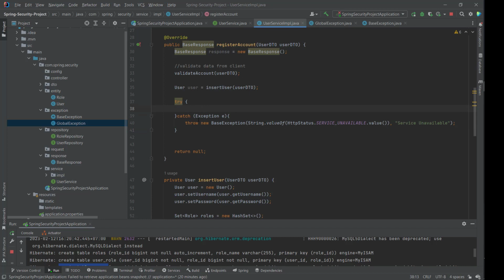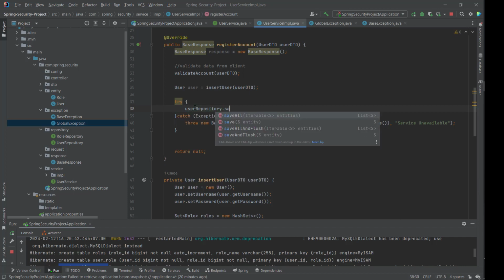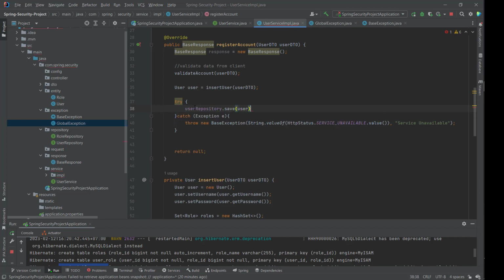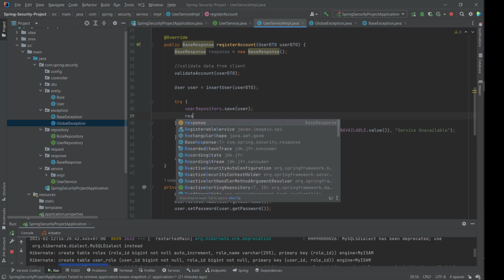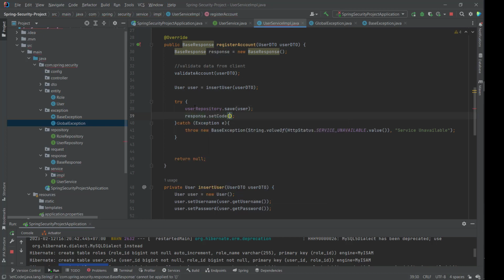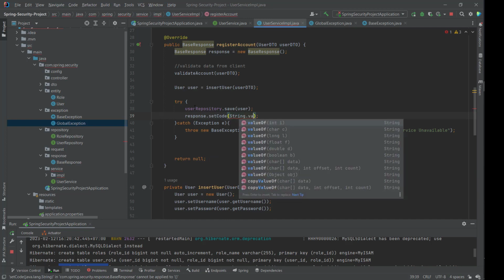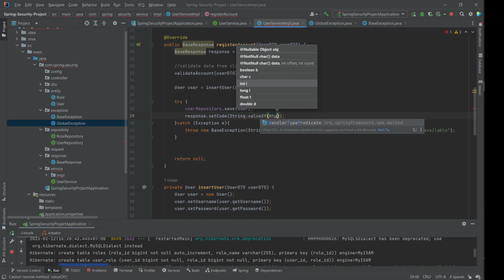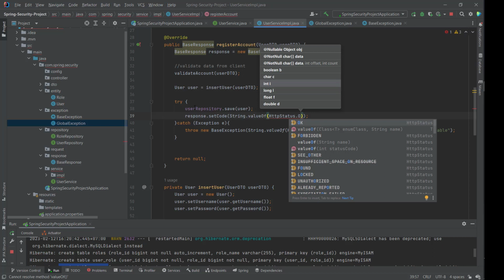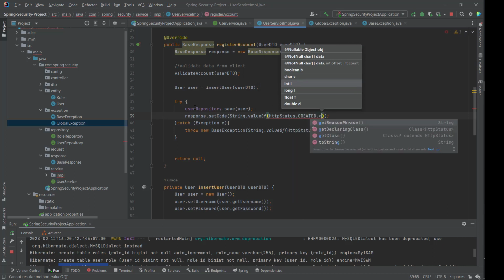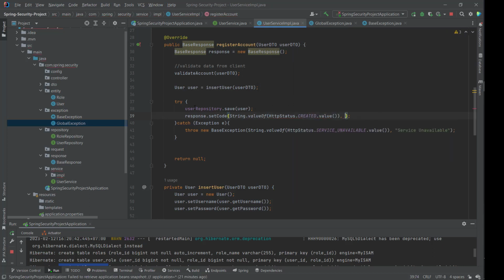So I think I will put it in the catch case. userRepository.save user, and response.setCode equals String.valueOf HTTP status created value, and message register account successfully,